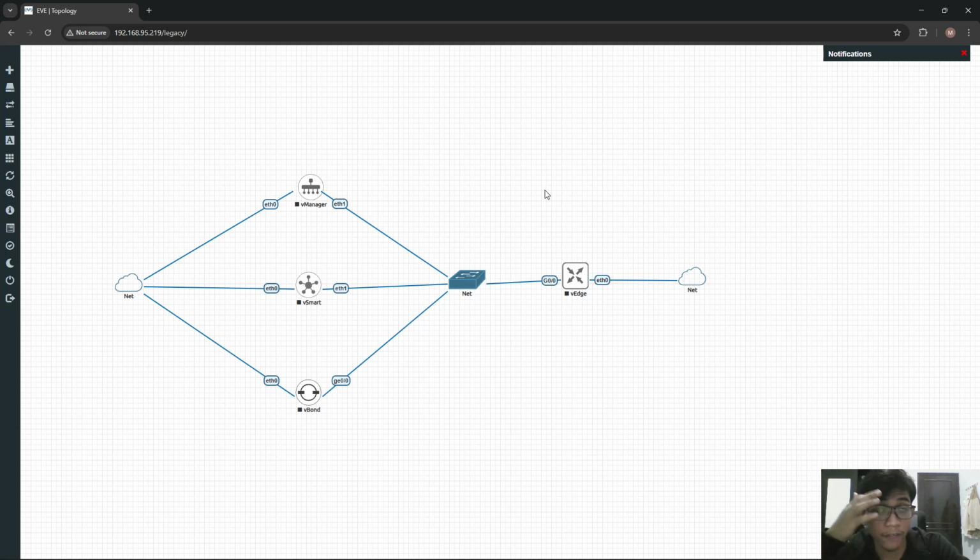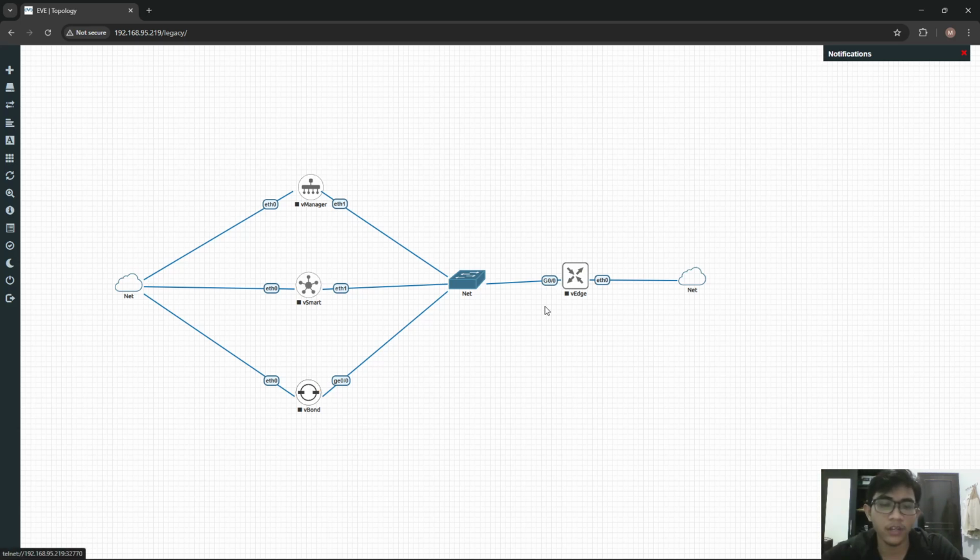So when a new device joins the network, its first contact is vBond. So when the vEdge is connected for the first time in this SD-WAN, the first device contacted by the vEdge is vBond. So the vEdge will contact the vBond, and vBond then tells the device where vSmart and vManage are.